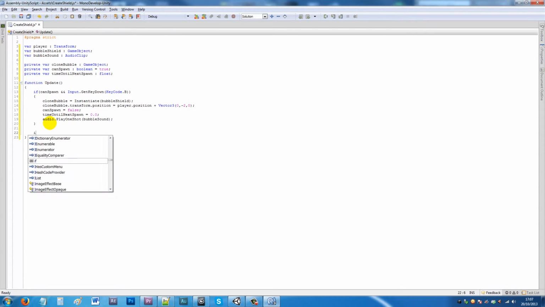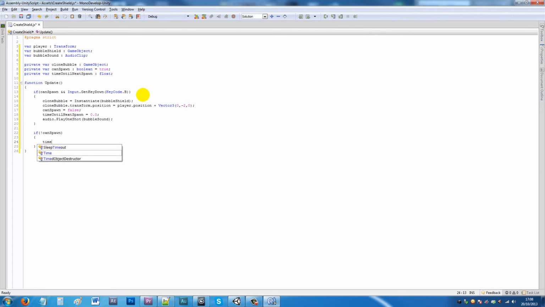Now to make this all work, we need to add the timer. So I'm going to say if !canSpawn, that means if we do the opposite of what canSpawn equals at the beginning, which is true, which means it's set to false, then timeUntilNextSpawn += Time.deltaTime. So that'll count up. It'll count up from 0 all the way up to whatever we set,